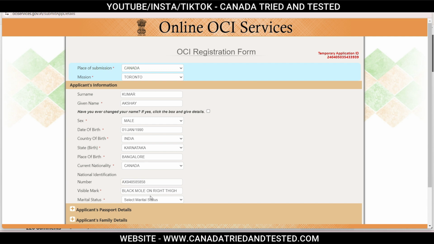Then visible mark. This is a mandatory section in case you have no record ever. Make sure you identify one and just make the closest description. So do that. Then based on what you select here,